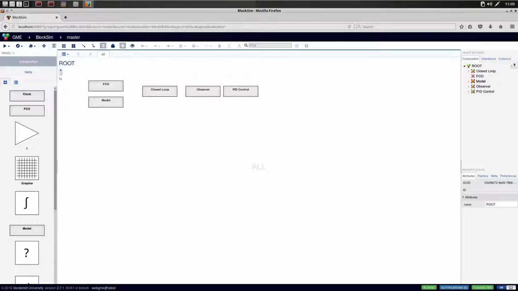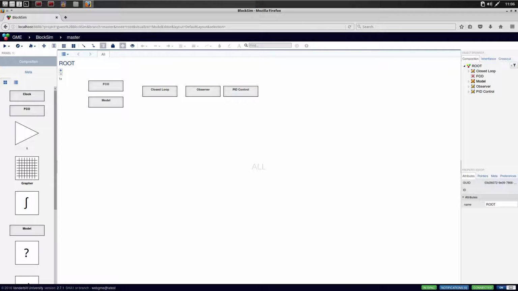Block diagrams are commonly seen in many fields such as control systems, signal processing, and signal filtering. And a tool to simulate a block diagram is incredibly useful for finding out the performance of a system. So here we will be demonstrating a WebGME plugin that takes a model and generates output Python code for simulation